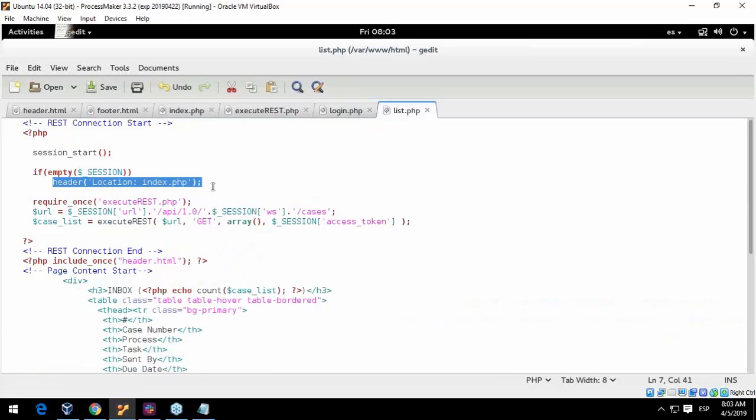If that doesn't happen and everything is fine and there is no problem, I go here: require once, execute REST PHP. I'm going to execute the REST PHP and use this URL, session URL, API. I'm constructing it here. Okay, the point is this. I need to bring back the execute REST PHP because with this file and its function, I'm going to be able to process the data that I need to